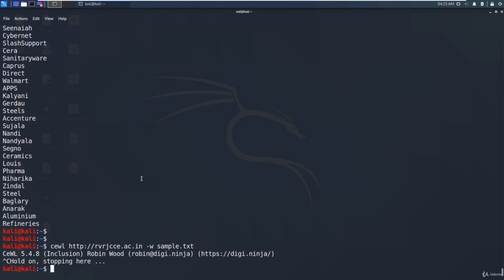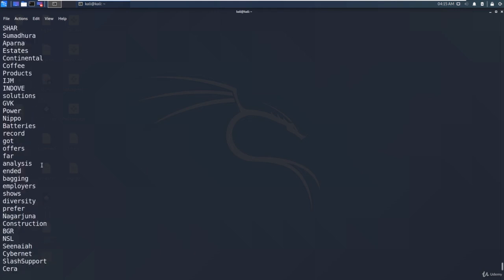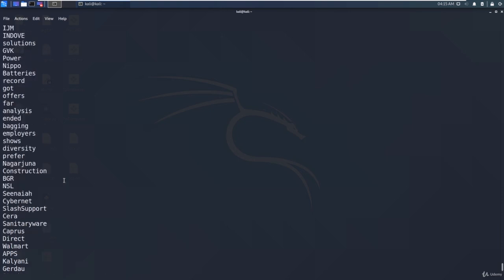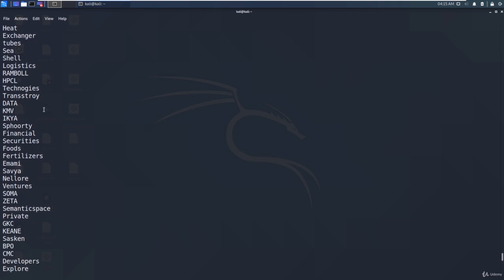So I press Ctrl C. I think we will get this one. So we got the names, and this tool will take so much time because the depth is 2, and if you increase the depth, it will take more and more time. So all you need is patience. Sometimes in a pen testing approach, you will come to know about the employees, and it is also very helpful in social engineering attacks, but I will not be discussing social engineering attacks in this course. If you want to know about social engineering, just Google it and you will come to know.